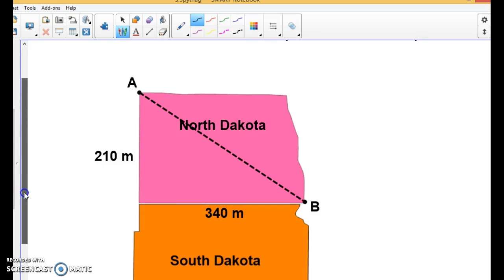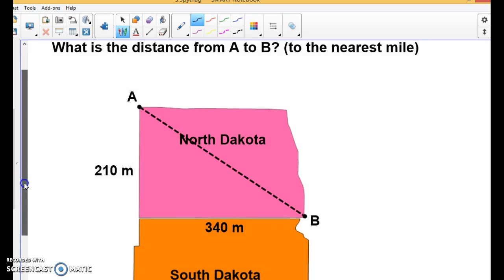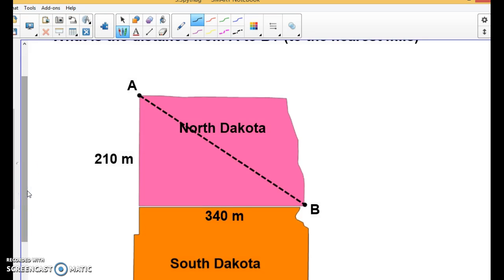Here's a good way that we would use it in real life. If I'm driving across North Dakota, I can go all the way down North Dakota, which is 210 miles, and then all the way across, which would be 340 miles, or I can cut across. Let's see how much time I'm really saving by cutting across. Going down, there's my a squared, so I have 210 squared,